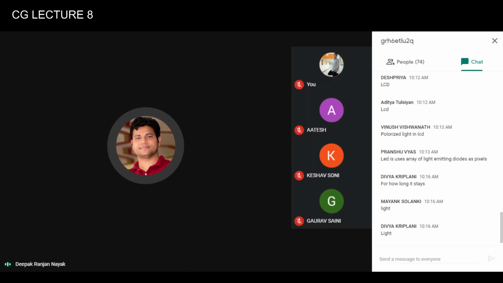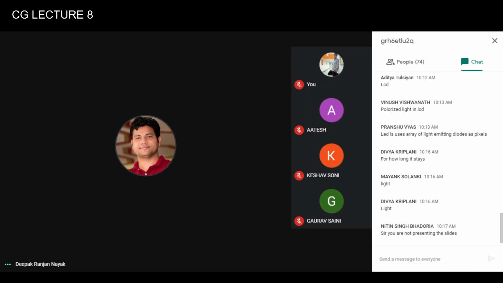Because the beam, we know, is coming all the time, and it changes its place throughout the screen, and accordingly you will get some dots or lights over the screen, right? It moves from left to right and top to bottom. In a similar way, we finally get pictures on the screen. So persistence is important here: how long they continue to emit, I mean basically the phosphor dots. Fine.